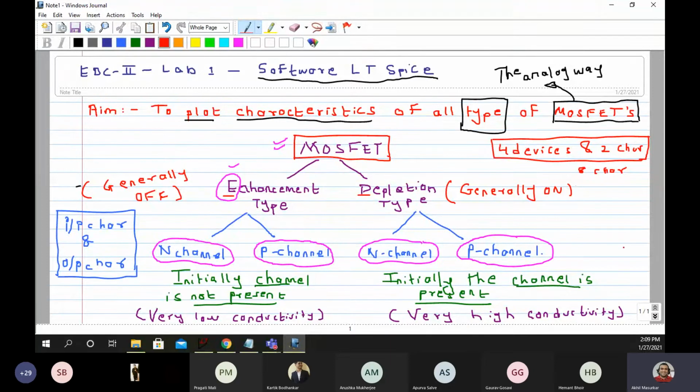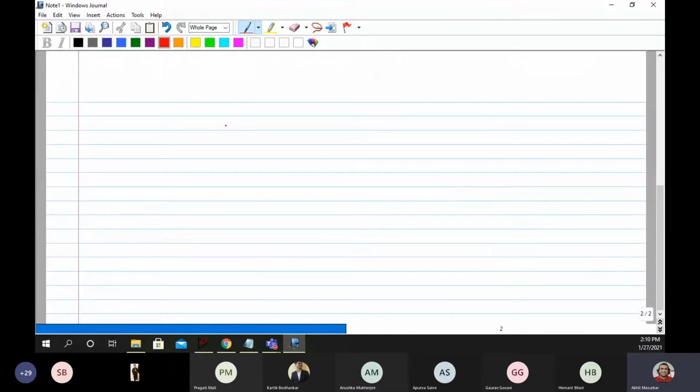So we should already know what the input and output characteristics of these MOSFETs are. Now what I am going to do is draw here the input and output characteristics for all the different types of MOSFETs. So here I'll just draw a quadrant.